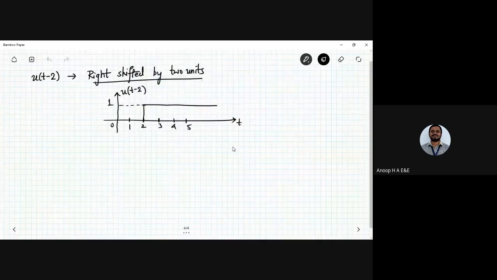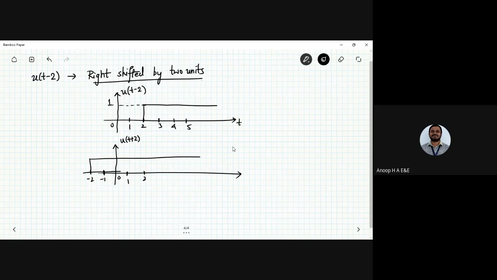Let me write it here itself. I am performing the addition operation here. There is no problem if you interchange the signals when you write them. So this is minus 1, this is minus 2, this is 1, this is 2. So minus 2 is here. This is what you are going to sketch. Let me drop down for convenience. Yes, this is again having a magnitude of 1.